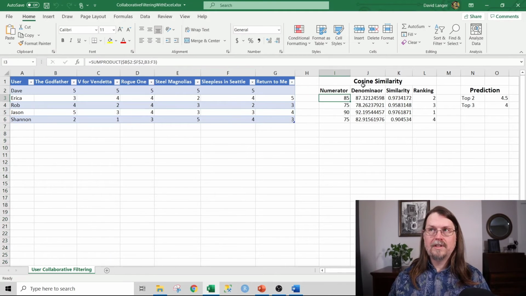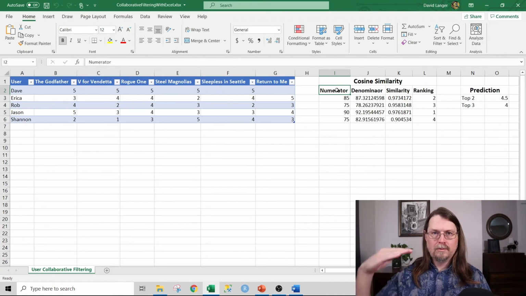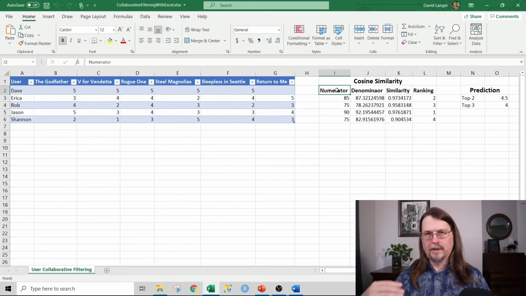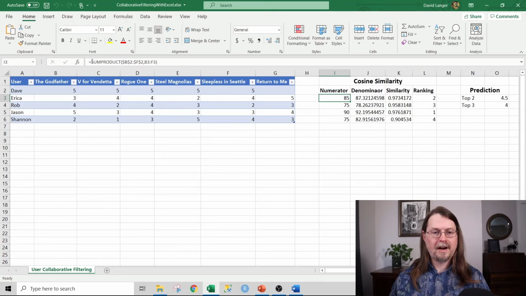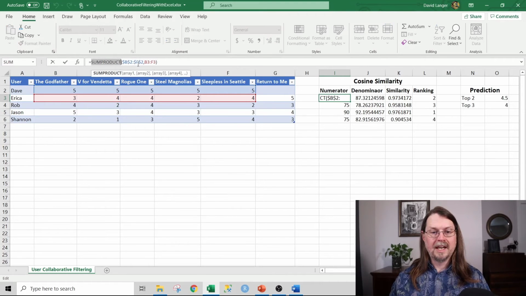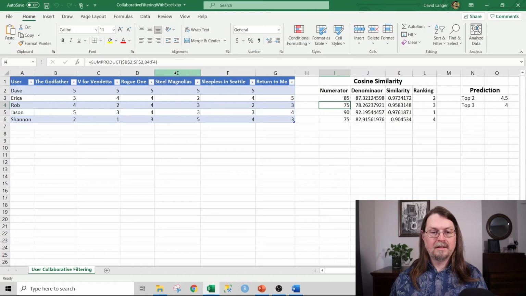So we can see over here the calculation, and it's real super simple. What I've done is I've broken it out into this little table of data where I've got the numerator, which is that top part of the calculation, and then the denominator, which is the bottom part. And you can see right here, I'm using the SUMPRODUCT function, and I'm saying hold Dave constant here, the blue right here, hold Dave constant with the dollar signs, and then compare him to Erica's data, which is here in the B. And then if I check the next one down, notice that all I do is I switch